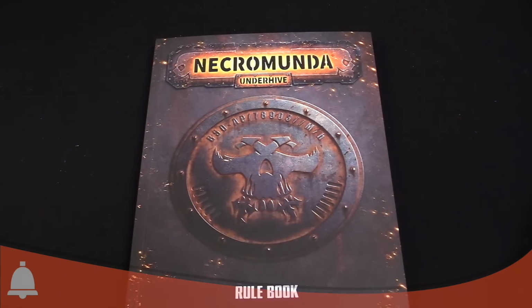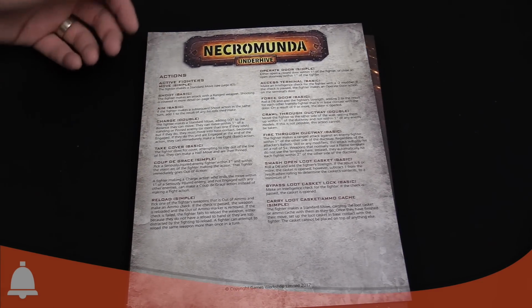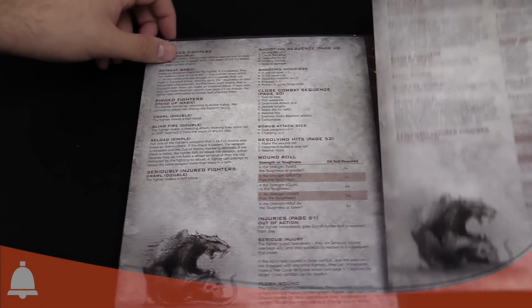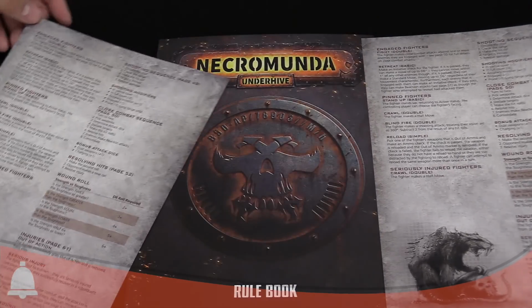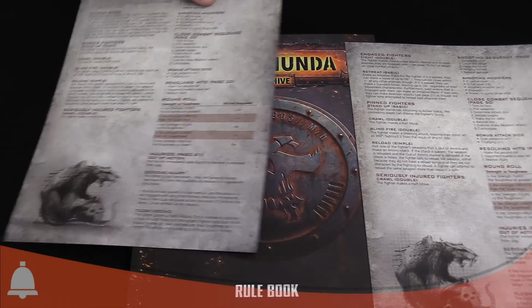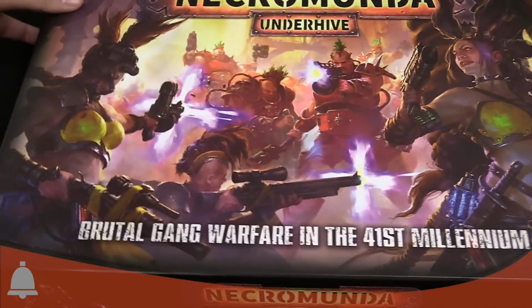Pretty cool stuff. There are also some cheat sheets. We've got two of them. They're exactly the same, which is great, one for each player. It's got a copy of quick reference rules for everyone. These are actually available online too, by the way. So they're already on the Necromunda website if you want to go check those out. So that's pretty much everything in the box